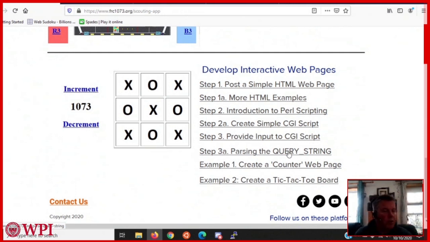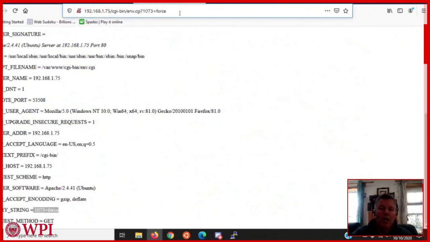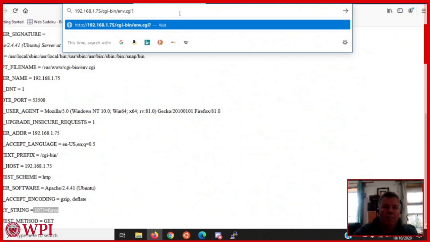It uses some Perl commands called split that allows you to split a string into various pieces, and then you can parse that input and decide how you want to print different HTML based on the input. And the last example here, I'll show you, we write a counter program, counter.cgi, it